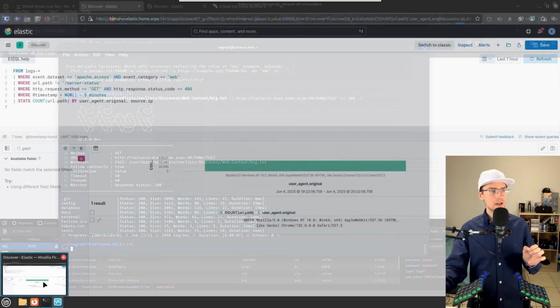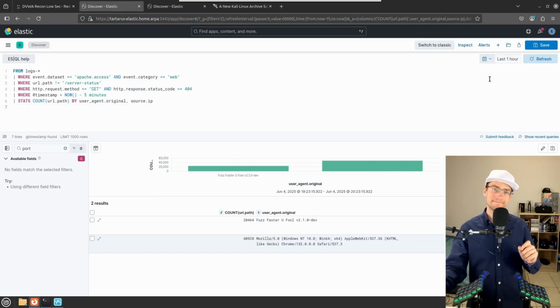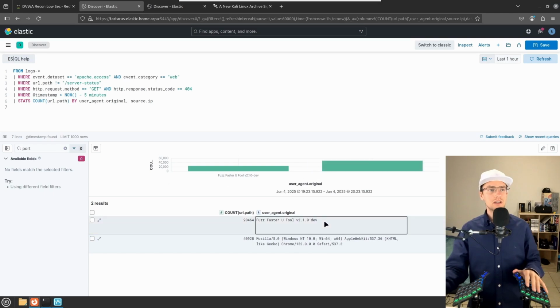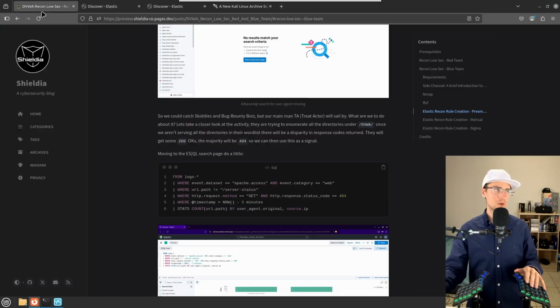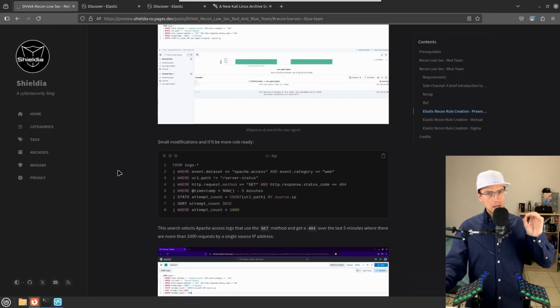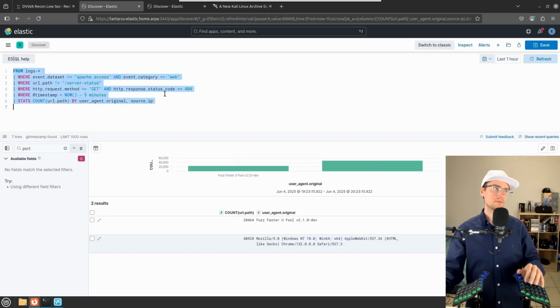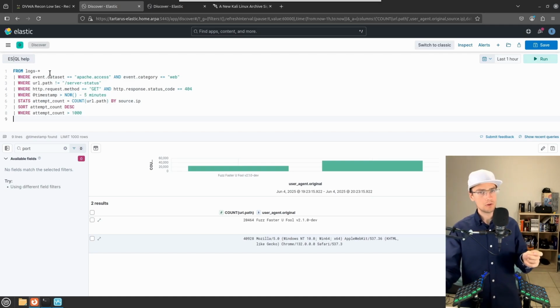Now let us have a look at what this looks like now. Oh, there we go. So now we can see the two user agents from the same source IP address. Something's a bit suspicious, shall we say. You can modify it even more. Foreshadowing. You can modify it even more to make it look like something like this, where you can say